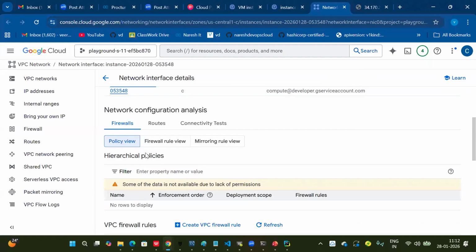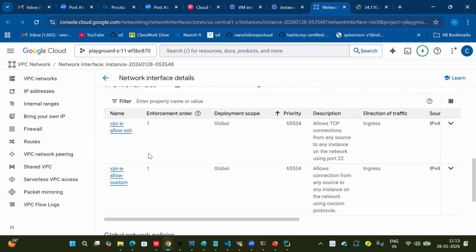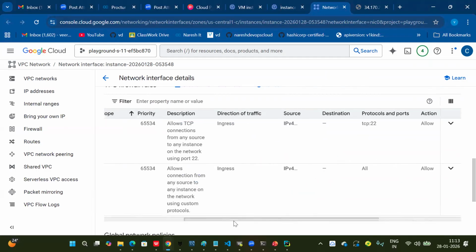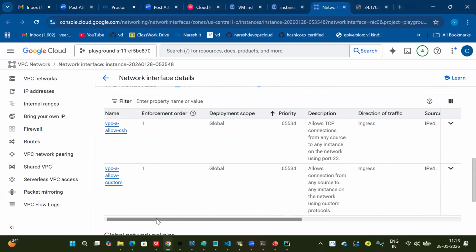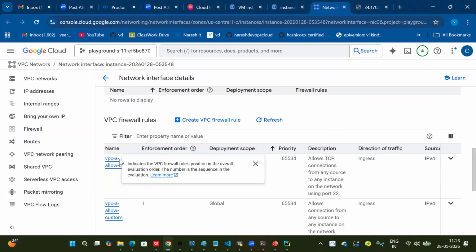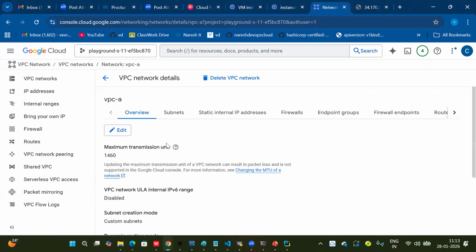Now you can see the firewall. Only two rules are attached for this server. What are those? 22, and internal subnet inside all only. 80 is missing, not here. So this server is not attached to 80. The reason, if you open my firewall, you can see VPCA